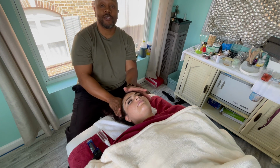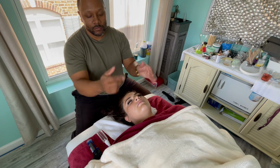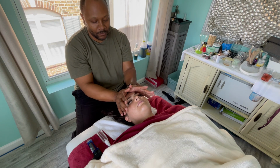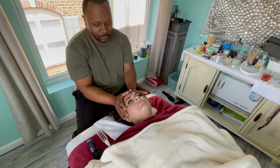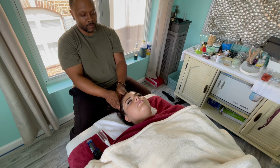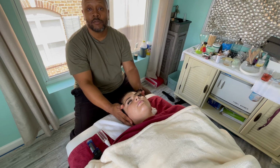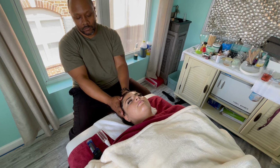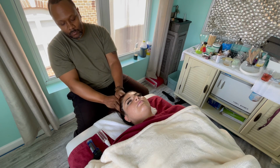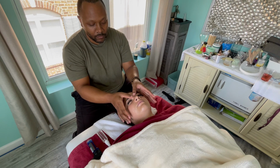And so these are just finishing strokes, side to side, one by ones, or you can do 2 by 2 at the same time. You can pull their hair back. And it's nice and silky smooth, shining. Make sure the eyebrows,